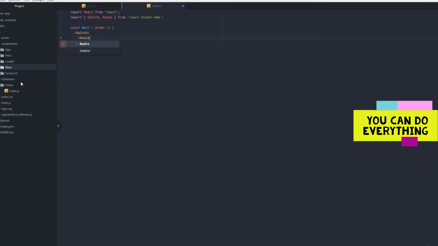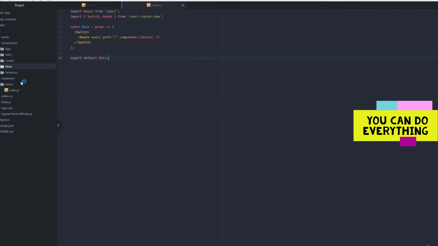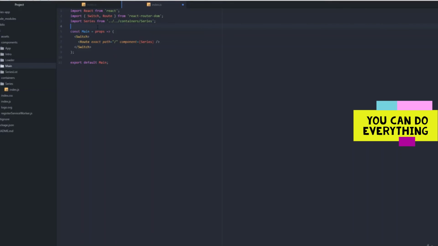And inside that switch, for now, I'll have only one route, exact path, and the component will be series. Let's export the main component, and of course I also need to import the series container from series container. Okay, save index.js,